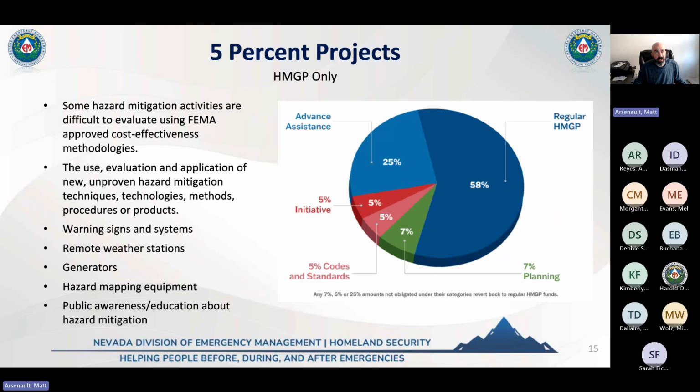collect the data necessary to do a benefit cost analysis. So that would be maybe the rain gauges, a perfect one. You really can't do a good cost effectiveness review on a rain gauge or a remote weather station, or warning sirens. You really can't quantify those benefits the best way you can. So they set aside this little sliver of the 100%, 5%, where applicants, sub-applicants can use